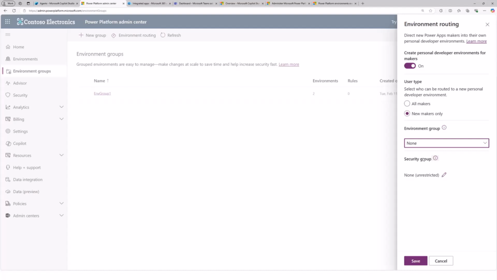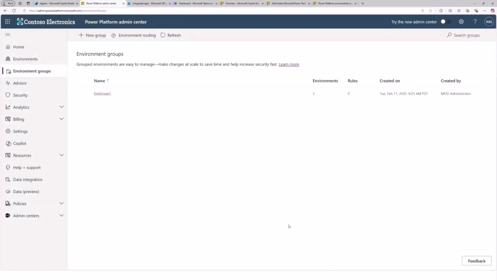Or so those are some of the things that you can do here, that you can also use for more advanced management of environments in your enterprise, right? Okay, so that defines an environment where a maker can go and create, and you can assign roles to it, so it tells you who can do what.